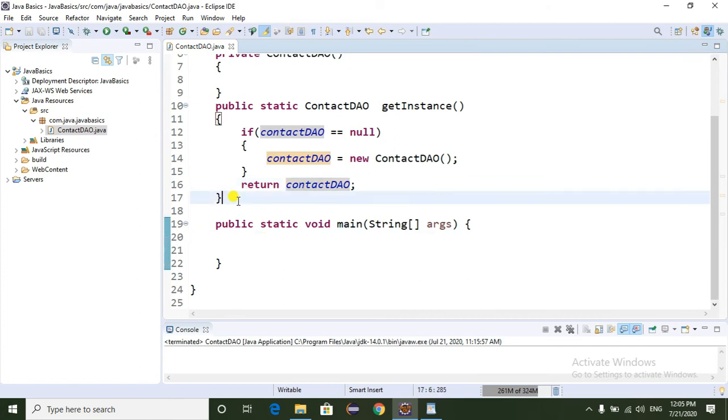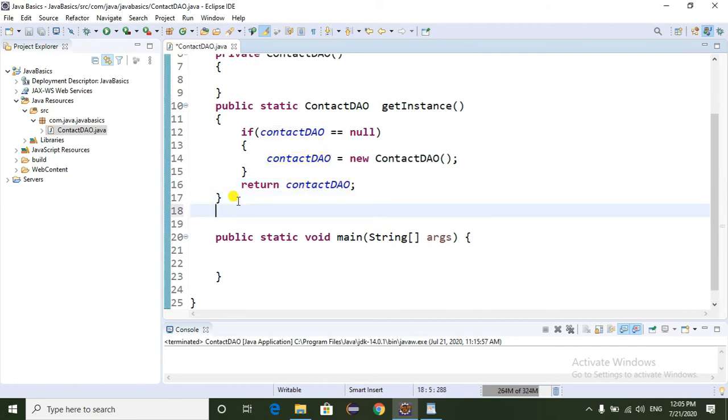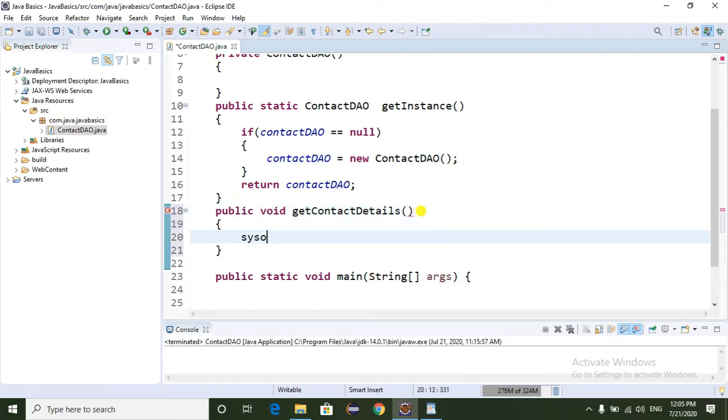Now in this Contact class, I have a method called getContactDetails. Public void, I am taking one method getContactDetails, and I am writing System.out.println contact details.